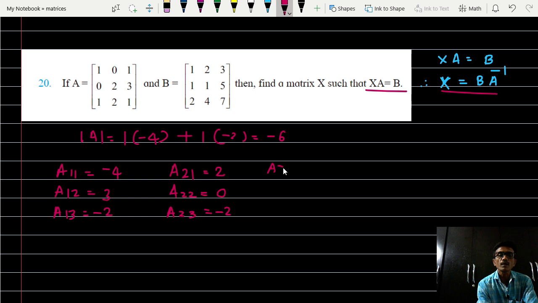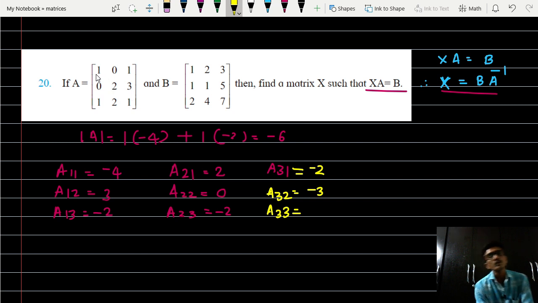फिर इसका A31 is equal to M31, थर्ड रो और फर्स्ट कॉलम 0 -2. फिर A32 is equal to minus of M32, थर्ड रो एंड सेकेंड कॉलम 1 1 और 0 3 आता है. सो व्हाट इज द एक्सपेंशन 3. लेकिन ये -3 होगा. A33 is equal to M33, third row or third column. So expansion is 2.